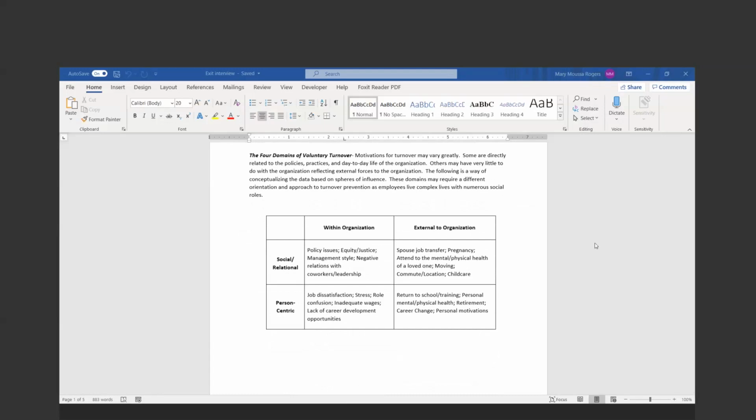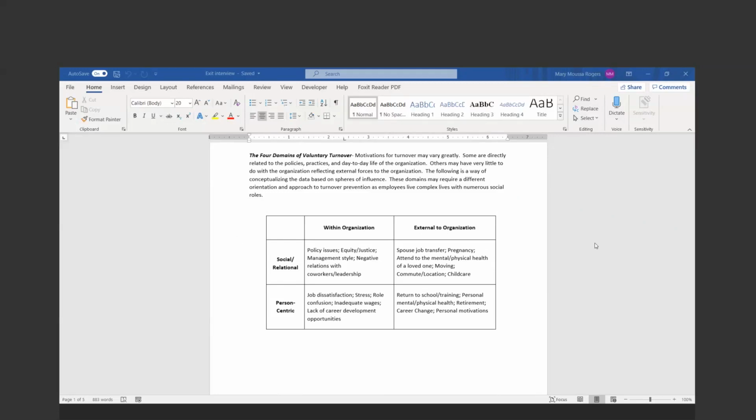Your employees are more than just your employees. They may be parents, they may be children, they may be caregivers, and it's important to understand and recognize the place of those roles. It's important to note that those factors falling within the organizational spheres of influence, such as on the left side